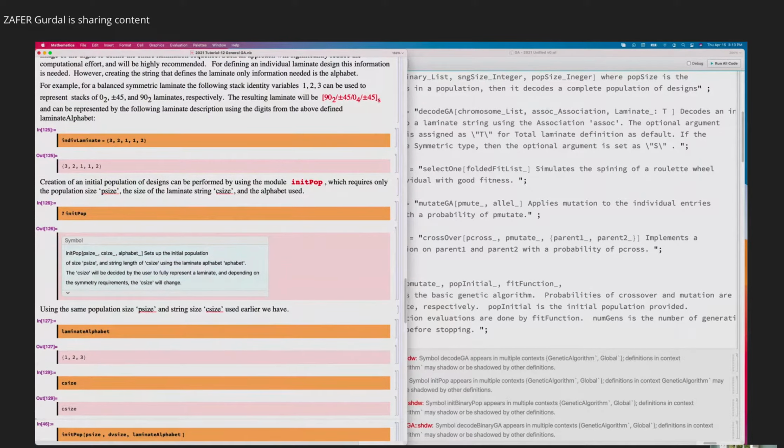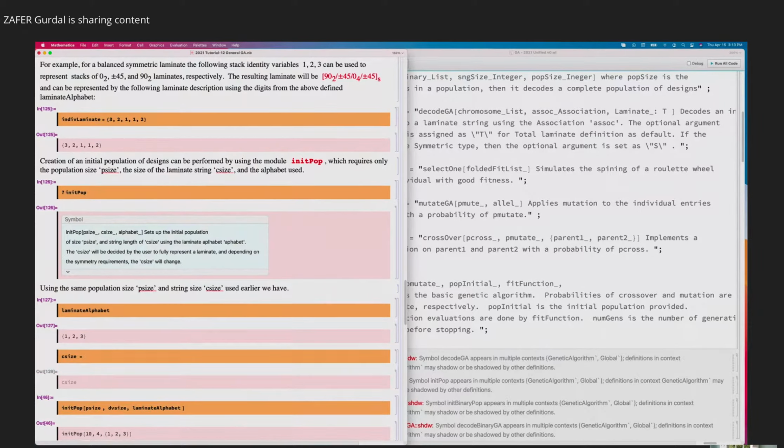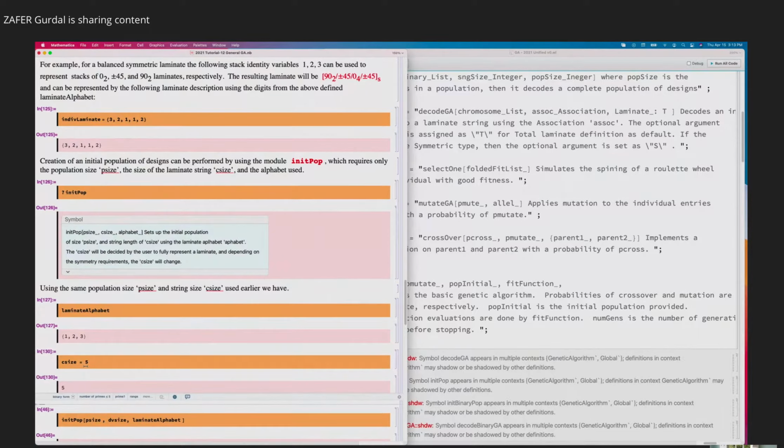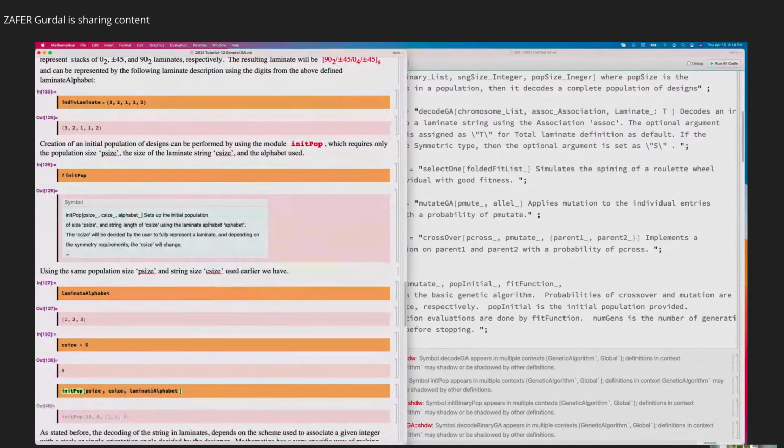C size for this case is not defined yet. So I'm going to define that to be, say, 5. And if I call my initial population with P size and C size, and laminate alphabet,